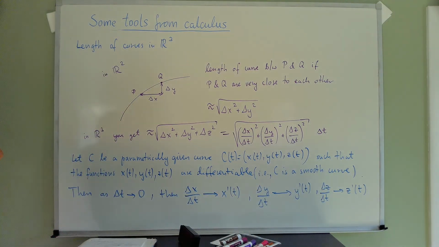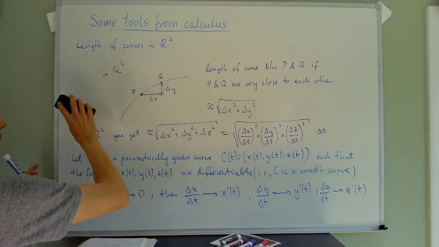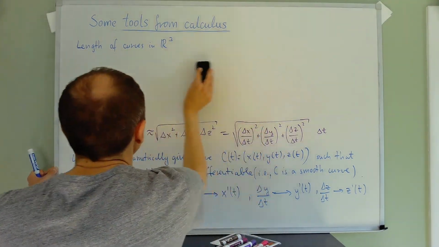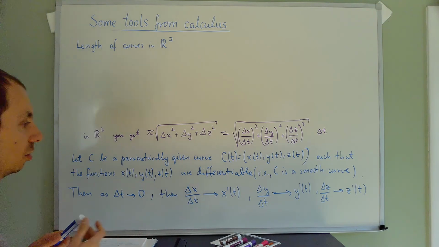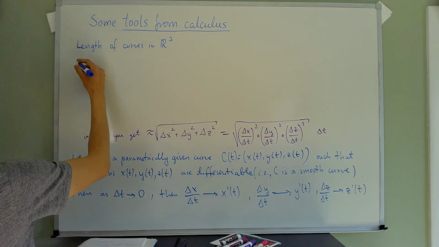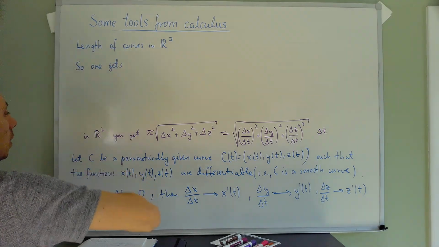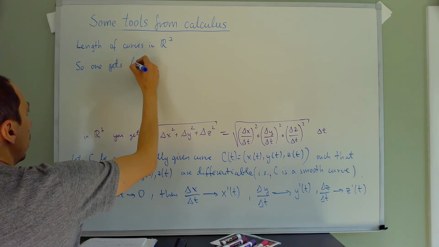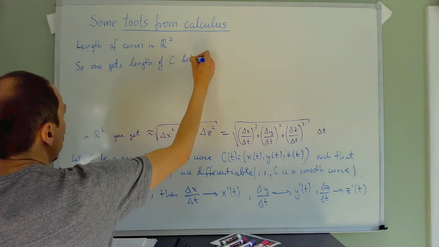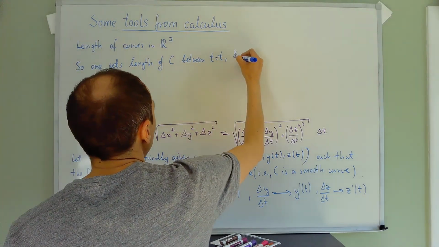But I don't want to pretend that I'm deriving this formula in complete detail. I just wanted you to see where it actually comes from. So one gets that the length of C between t equal to t1 and t equal to t2